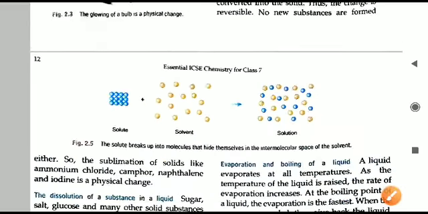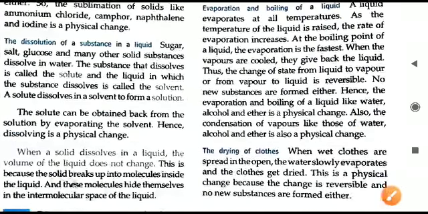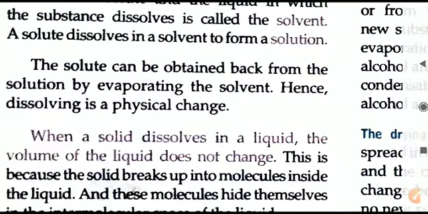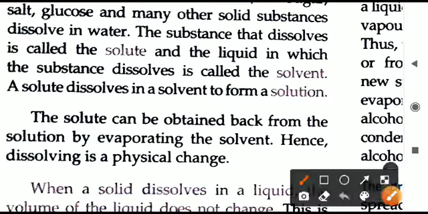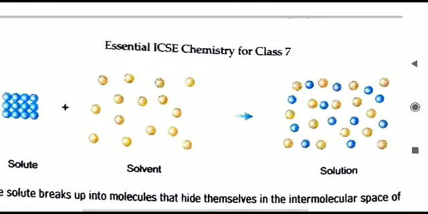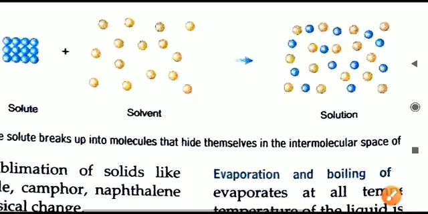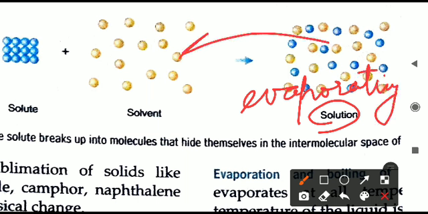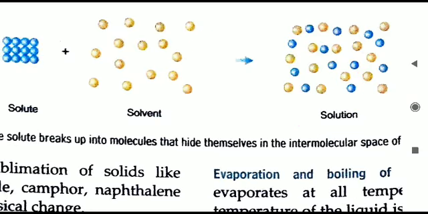So this is how dissolution of a substance in a liquid can be done. Also the opposite we can do. From this same solution we can again get back the solid substance. How will we do so? This particular solution, whatever has been obtained, we will keep on heating. By evaporation, what will happen? Again we can reverse this process. You can get the solute and solvent again.